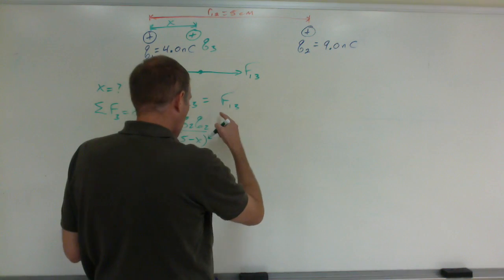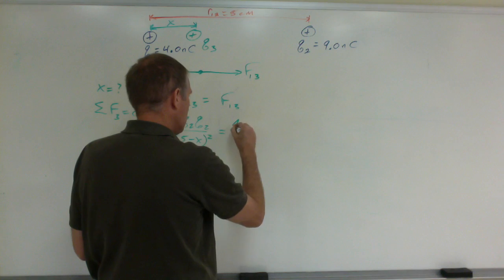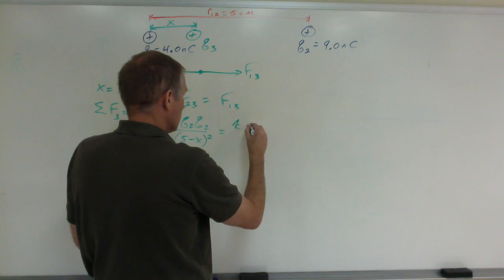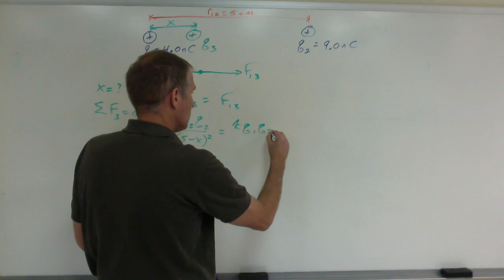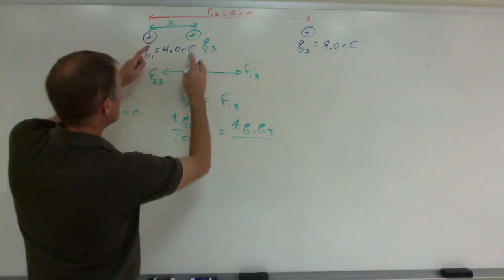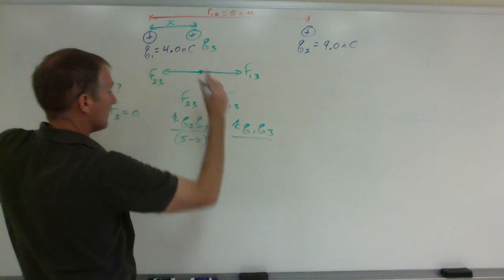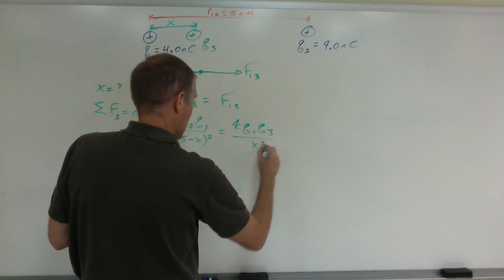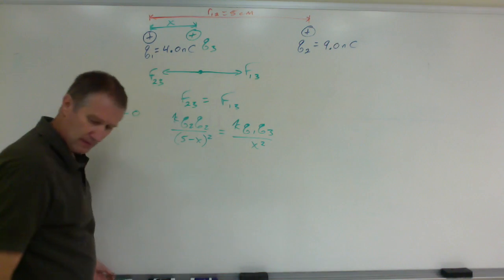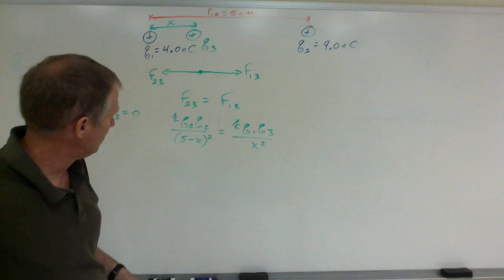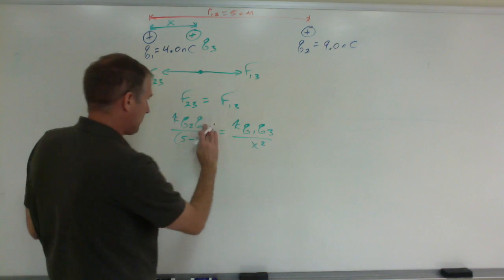Anyhow, over here, F13 is K, Q1, Q3, all over the distance between those two, which is x squared. Now, I love it when this happens. Look at all the stuff that you can cancel. For a start,